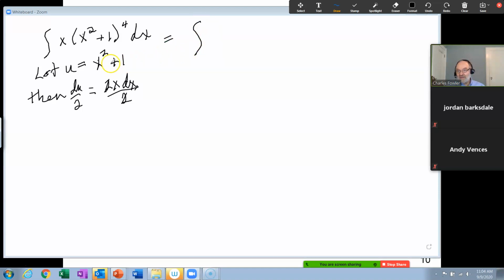So what we'll do here, have the integral of x squared plus 1 is u, so that's going to be u to the fourth. And your dx, or x dx, is 1/2 du. Well, that 1/2, I don't have to put in the integral. I'm going to put it out here and just put the du here. So here we have 1/2 of the antiderivative of u to the fourth is,